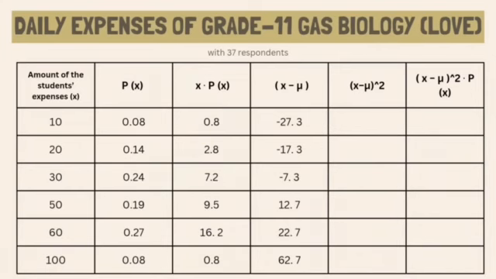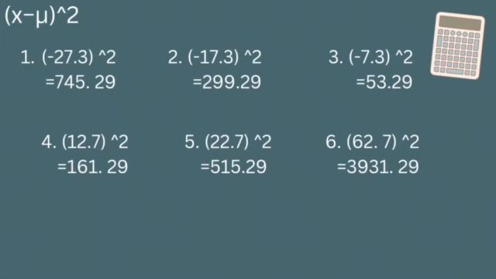All we have to do is add it again in our table, so that slowly we can have answers to our questions. One step at a time. Our next missing row is (x minus mu) squared. In order to get it, our answers earlier will just be raised to 2, or we will just have the exponent 2 on our answers. In other words, we will just multiply each by itself. So we will have negative 27.3 raised to 2, which will result to